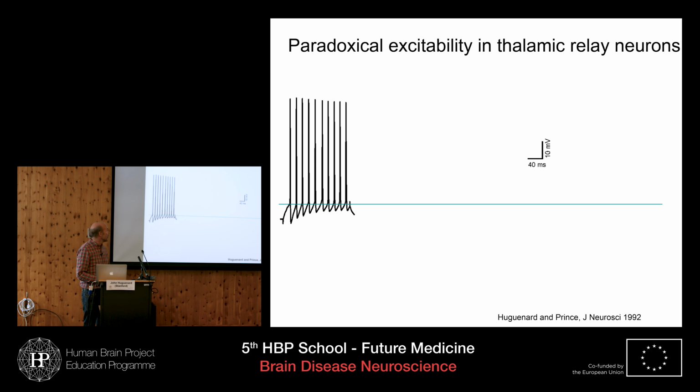So just to illustrate what happens when you express CAV3.1, the so-called T-type calcium channel. This is just a simple demonstration of how you can get this mode switch of firing state of thalamic cells. What we're doing now is making a recording from a thalamic relay cell. Remember, its basic job is to take sensory information from the periphery and relay it to the cortex.